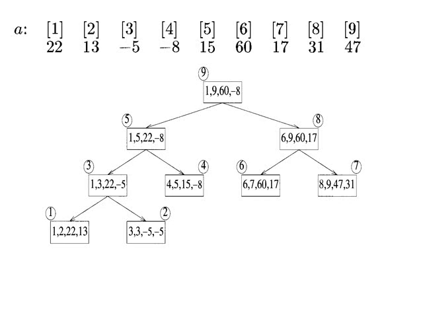Again this fifth node and eighth node will be compared and it will create a root node, that is the ninth node. So here 22 and 60 will be compared. 60 is greater than 22, so max will have the value 60. Minus 8 and 17 will be compared. Minus 8 is lesser than 17, so minimum will get the value minus 8. So max is equal to 60 and min is equal to minus 8.